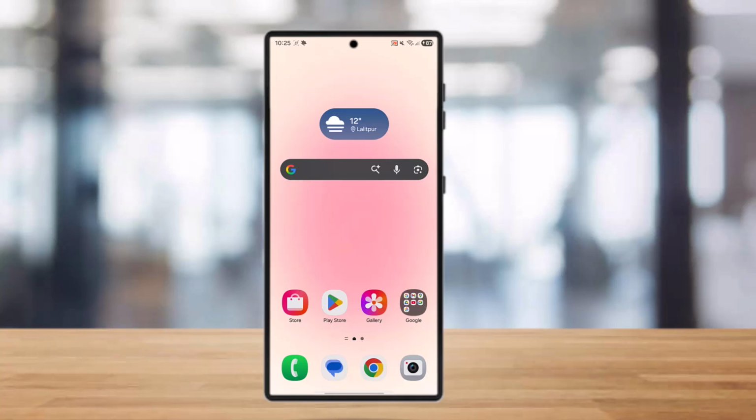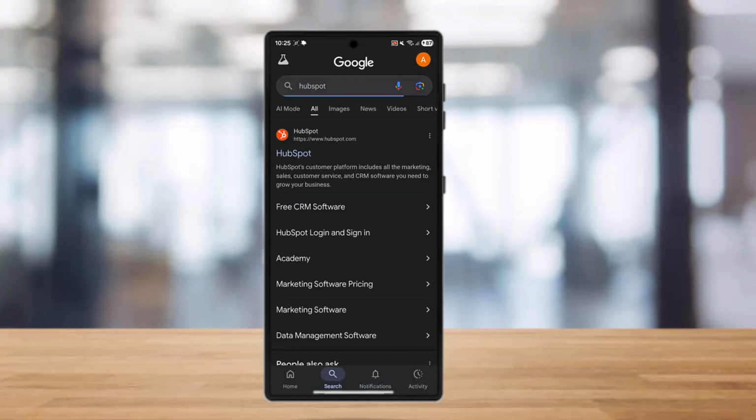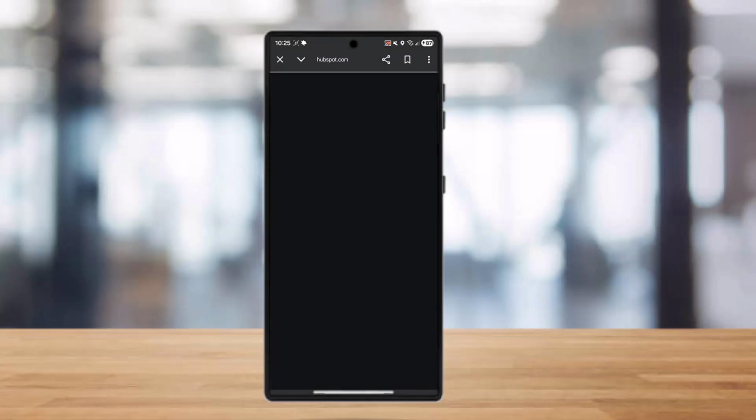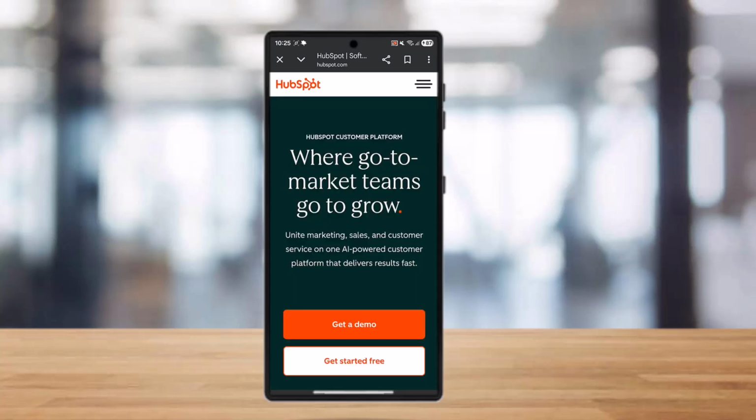So if you want to create a sales report in HubSpot, all you got to do is simply go to HubSpot. Once you're in your HubSpot, to create a sales report, you need to use the Sales Analytics suite for quick insights, or the custom report builder for deeper dives on multiple objects, that is deals, contacts, and activities. Finding them in the reporting section, you can simply go to reports,